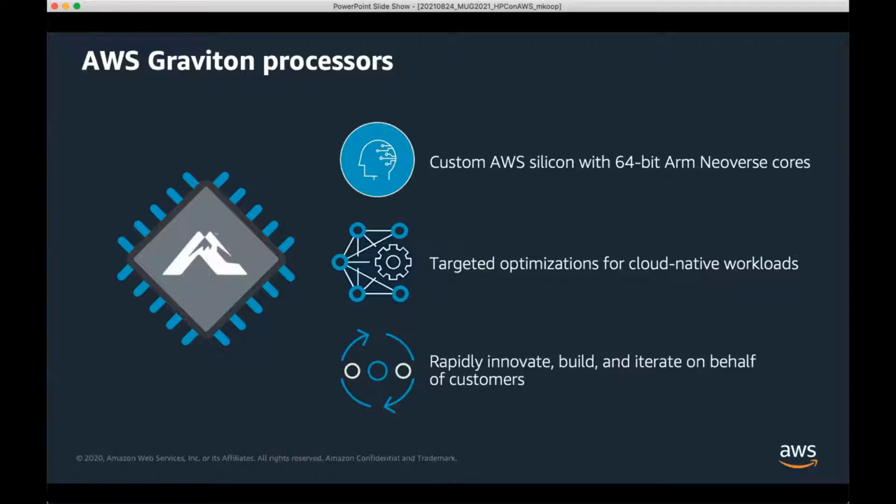Our first one we released a few years ago was called just Graviton, which worked for some customer use cases, but it wasn't quite powerful enough for a lot of them. But it allowed us to really work out all of the ecosystem and infrastructure to be able to provide a more powerful one when it came out.